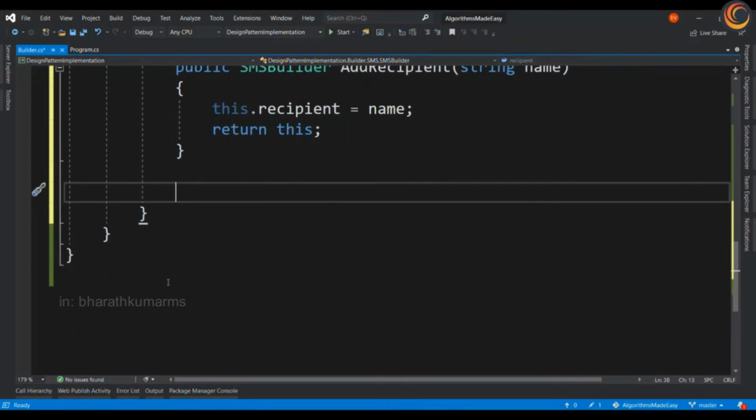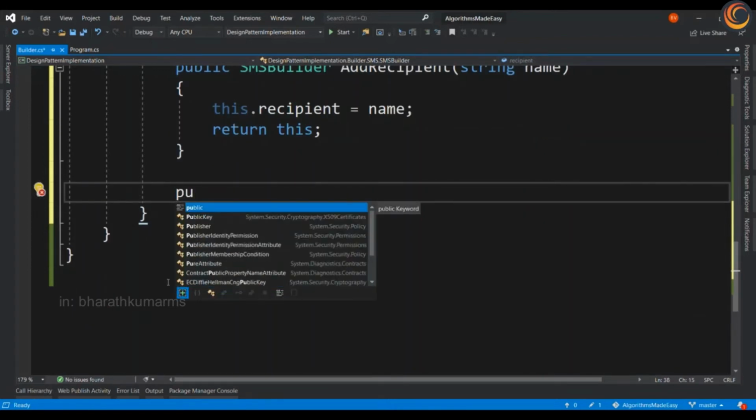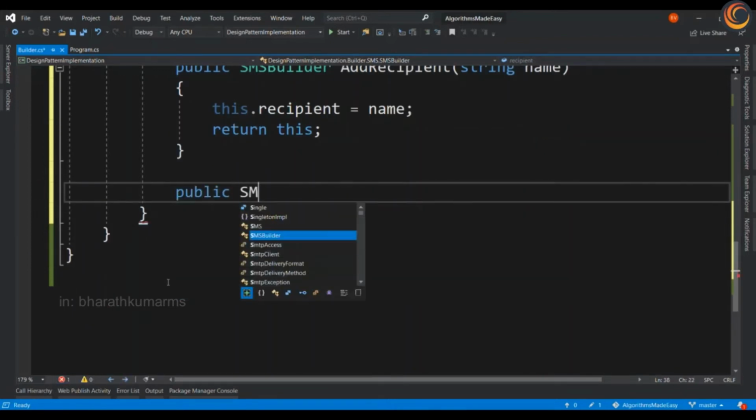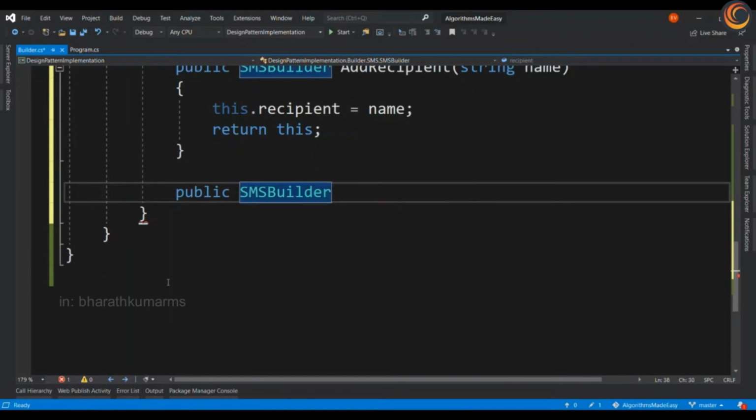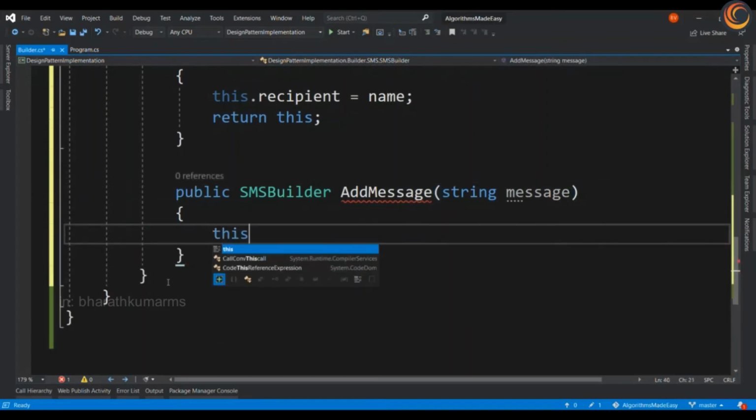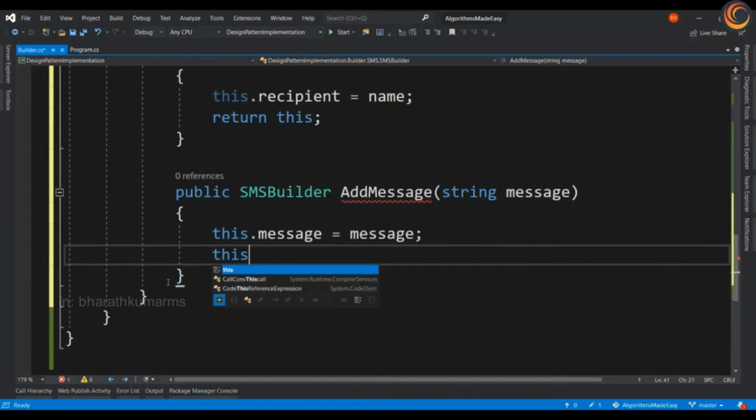And let me add one more function, add message. Okay, and this.message is equal to message, and I'll return this.